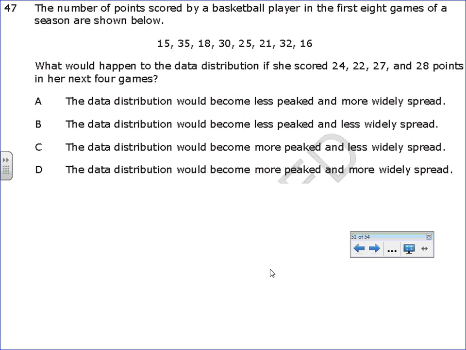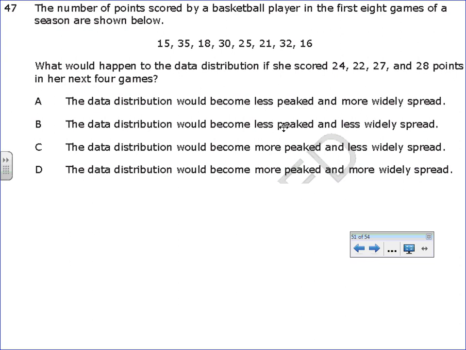Okay, for 47, it says the number of points scored by a basketball player in the first 8 games of the season are shown below. What would happen to the data distribution if she scored 24, 22, 27, and 28 points in her next 4 games? Okay, so there are lots of different ways you could have done this. What I did was I plugged this into my L1, and I went to statistics, and I said calculate 1-var statistics, and I wrote down some information. Then I went back to my L1, added these values in, and calculated the 1-var statistics again